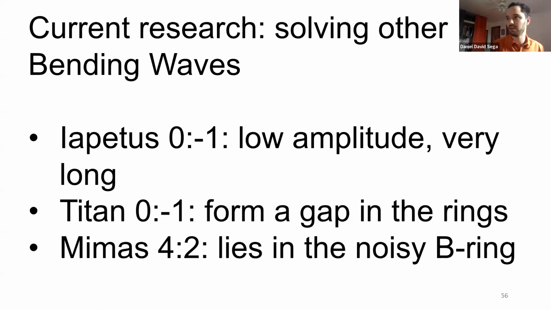The first 2 are the 0 to minus 1 bending wave, which is a weird name, but the reason we call them that is because it's not the vertical frequency of the satellite resonating with the mean motion of the ring particle, which is what happened in the Mimas 5-3 case, but it is the precession of the ascending node resonating with the vertical frequency of the satellite. And the precession of the ascending node goes the other way, so retrograde, and that's why there's a minus 1. So it's a bit strange, but it works out mathematically that this is that type of resonance.